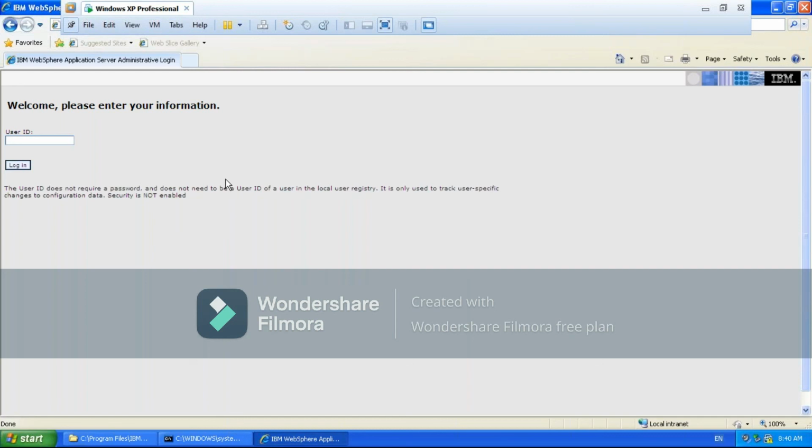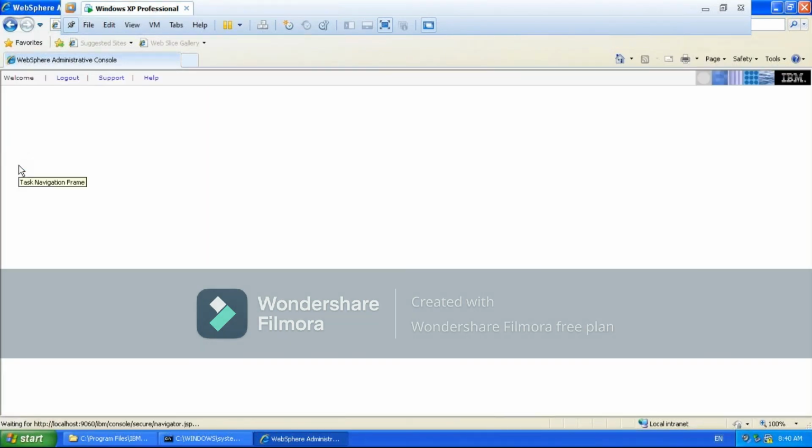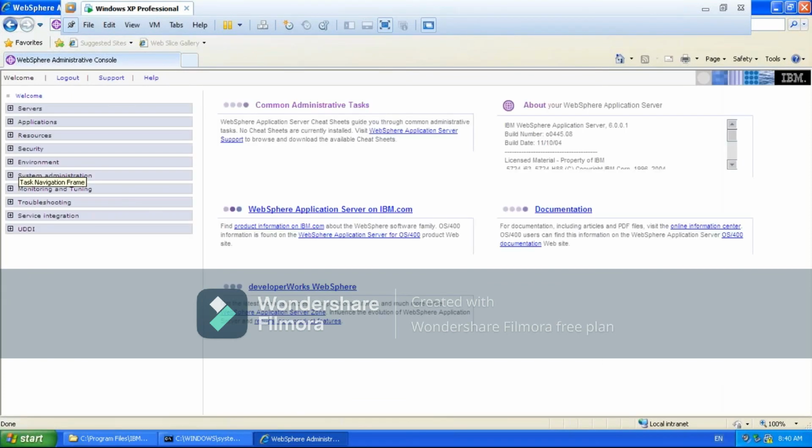You are able to see the console now. Log into the console. Welcome to IBM WebSphere Application Server version 6.0 base console, right?